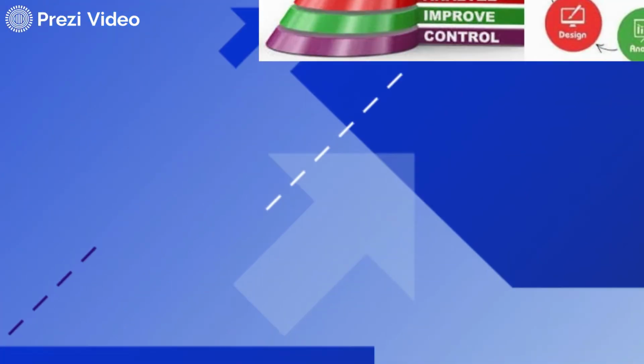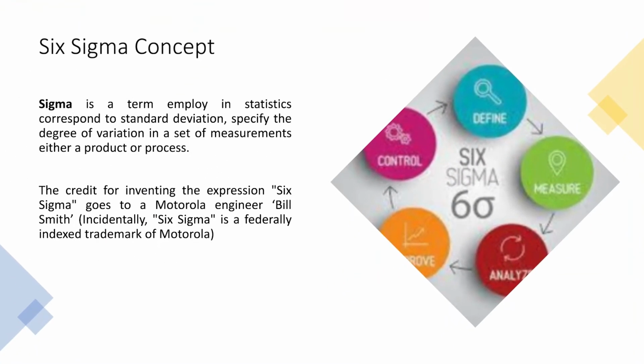So let us first try to understand what we mean by the Six Sigma concept. Sigma basically refers, in statistics, to a term known as standard deviation. So you can see the sign of the standard deviation. How much is your product deviating from the standard protocols, standard norms? The ultimate aim of the Six Sigma concept is that there should not be any sort of defect in the final product.